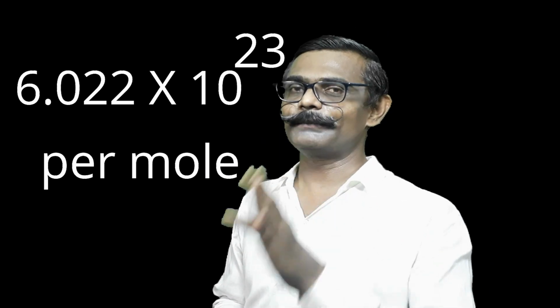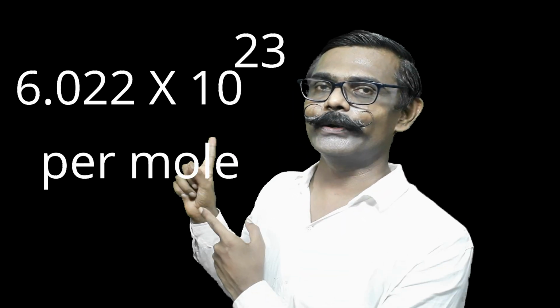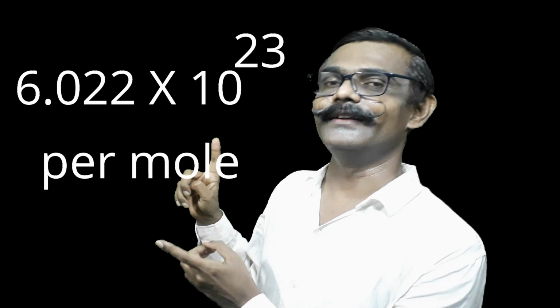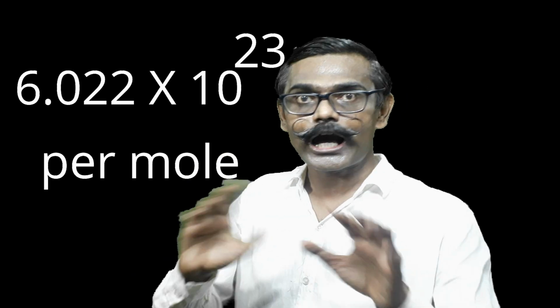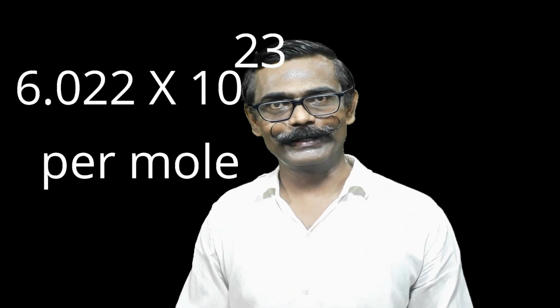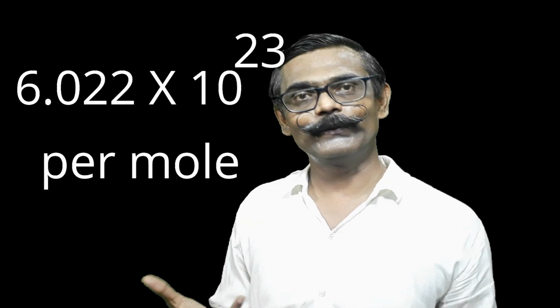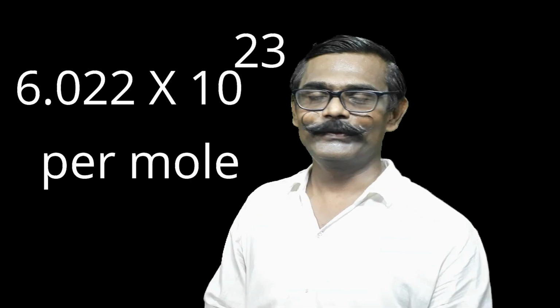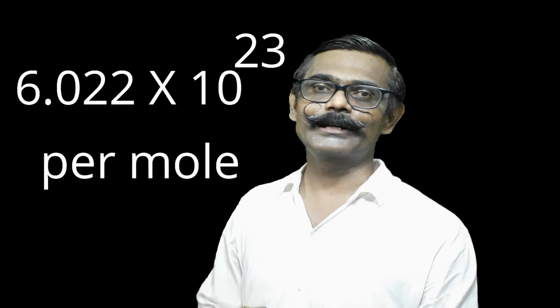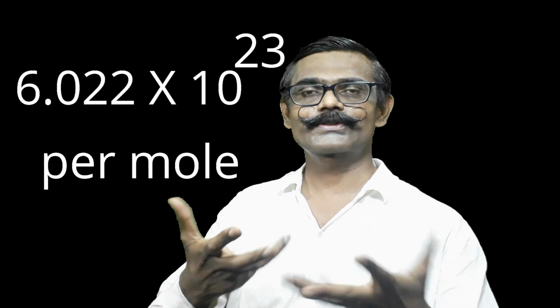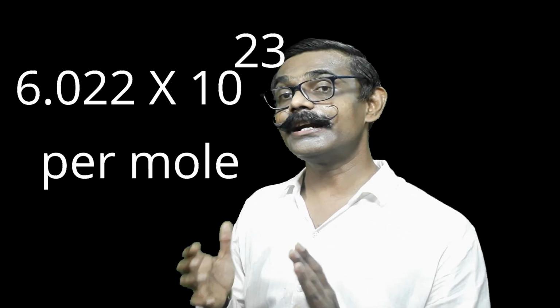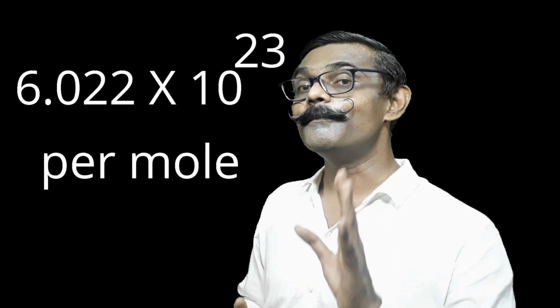That was the respect by the scientific community to Avogadro by giving a number. Means in the true sense, Avogadro has not given us that number. People discovered later on what that magic number can be. With that, the atomic weight concept became very clear. Molecular weight, of course, accordingly came, and understanding of chemistry became easier.